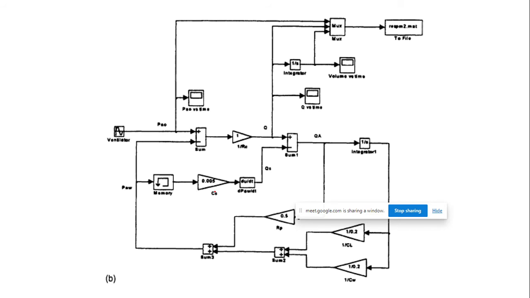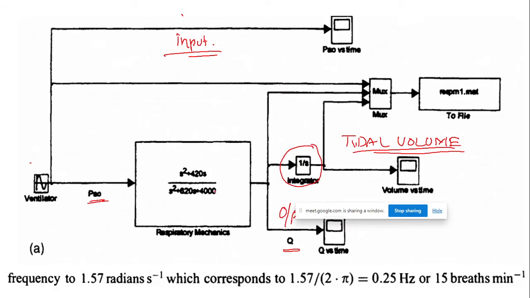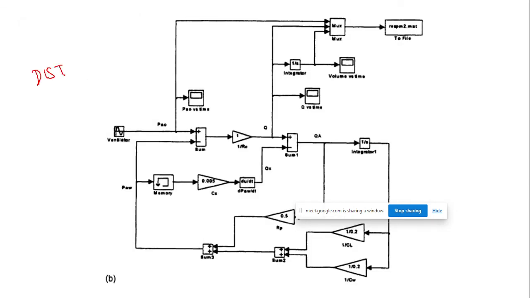What we earlier saw was two different models. This is called the lumped parameter model. In a lumped parameter model, you put together everything as a single system and study it. Whereas to study the effect of each and every variable, say RC, RP, and how it changes with all these parameters, you go for a distributed parameter model.